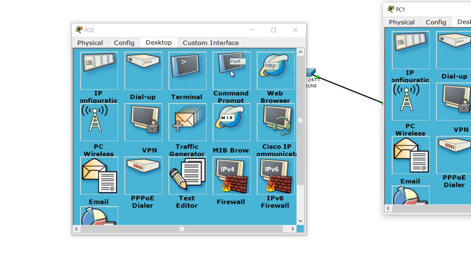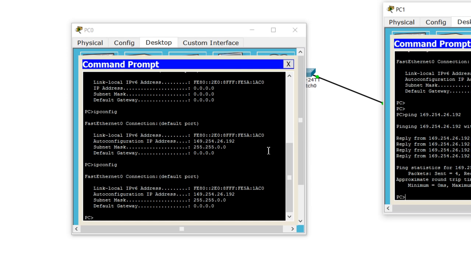Now how is link local generated? Like we discussed, FE80 means this whole part is the network part, and these 4 blocks of hexadecimal numbers are the host part. So 2EO8, and if you can see here, FE has been added in between. This device has a MAC address of 2EO8F5A1ACO, or rather, it would be starting with